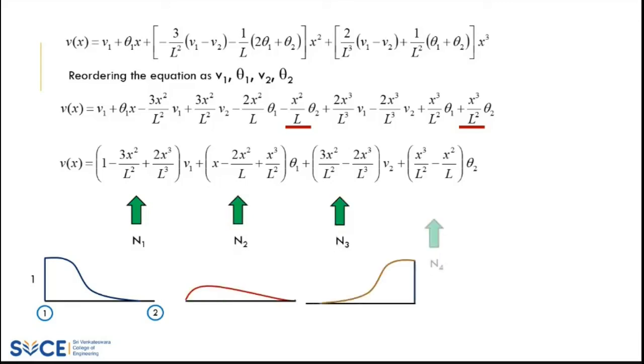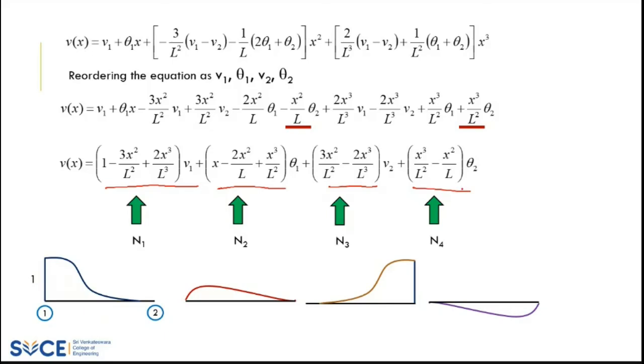So I have plotted a curve here below indicating what will happen if you substitute the values of x from 0 to some L. Right? If you substitute 0, what happens? You will get 1. When you substitute L, you will get 0. Right? That is what your interpolation function is. So similarly for N1, N2, N3, N4, in all these things, what is your interpolation graph with respect to that? Okay, but no need to consider. But you have to remember this as a formula. Right? For a beam, this formula is important.